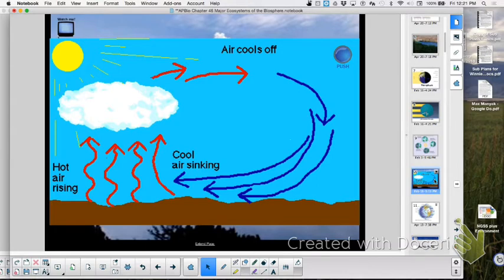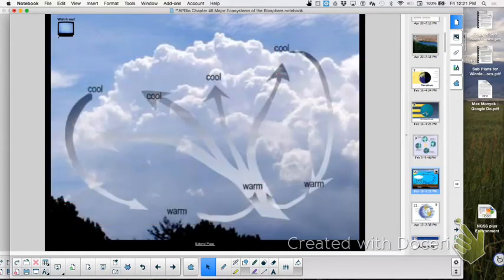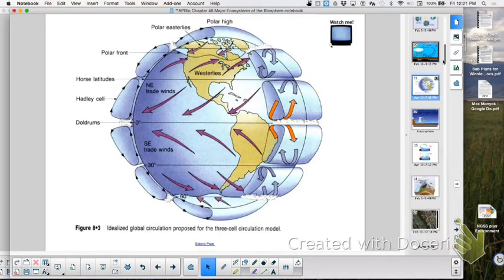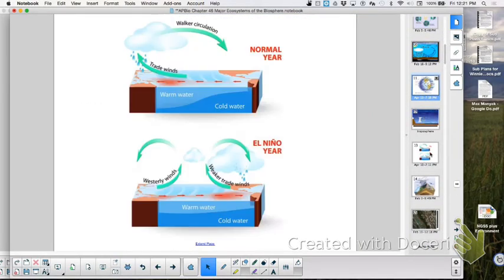Anyway, so we saw that if you're in an area that's directly where the heat is going, you're going to get a lot of moisture like you would see in a rainforest. It gets a lot of rain because it's warm. But then what you typically see neighboring a rainforest is a what? Desert, because it's dry. Yeah, hot and dry. So we talked about climate, we talked about winds, we talked about El Nino. And we can see in these two pictures, what's the difference in the water in these two pictures?